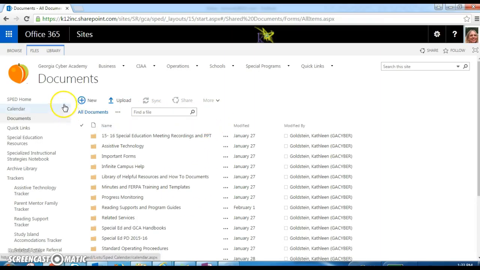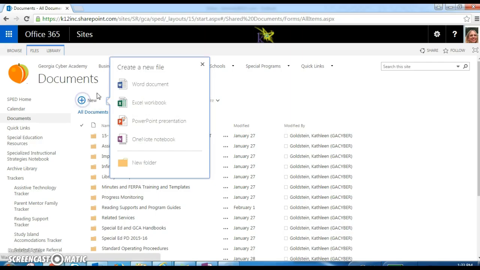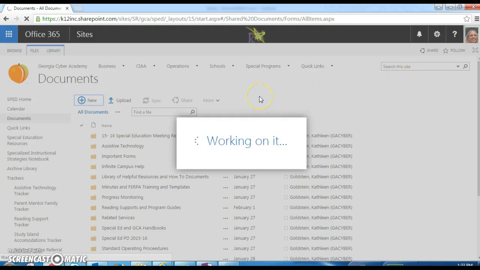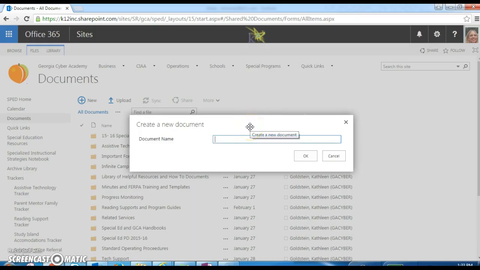And this is all in SharePoint. And then you're going to click New. And it's going to give you all these options on a new file to create. So you're going to select OneNote Notebook. And you're going to have a notebook name to create. So you can name it whatever you want,